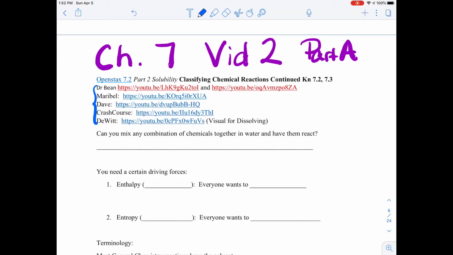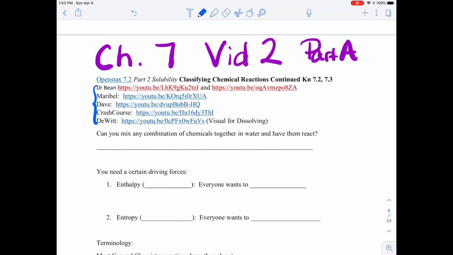So this is like the fundamental information you need to make reactions happen. If you, in this section, don't like how I'm explaining something, you have tons of options, and I just put some in here. I do want to point out that this last one, this DeWitt one, I'm going to come back and actually do a little video showing this one because it helps understand what's actually going on in the water.